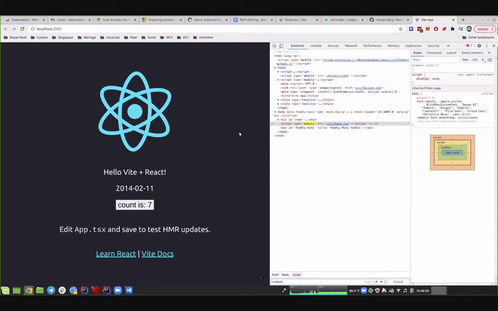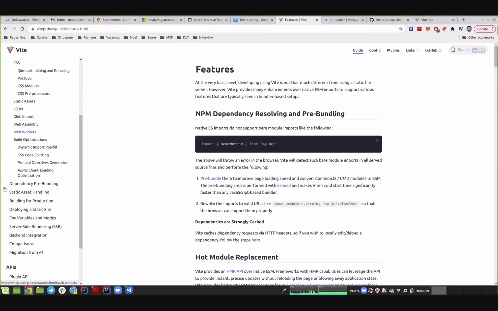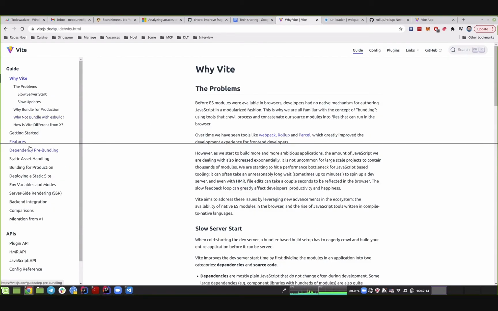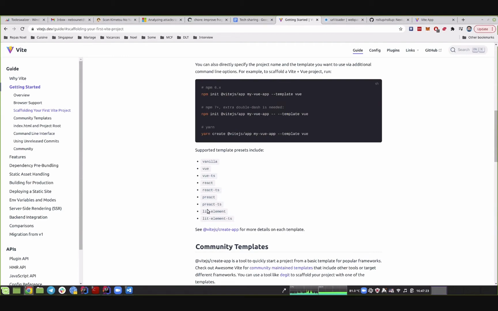Okay, so like I mentioned, I won't go deep into the features because basically the features are really the same. For developers, it's like having good CSS support, having access to TypeScript, no matter which kind of application you create. So Vite supports React, Vue, Lit Element, Vanilla.